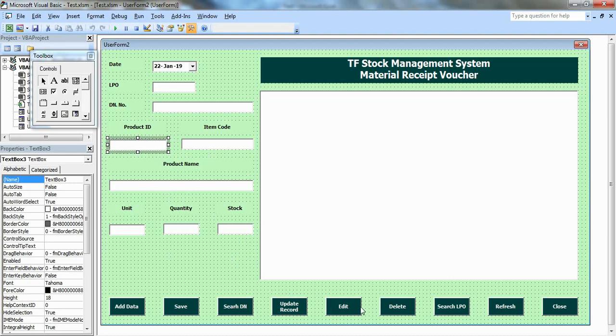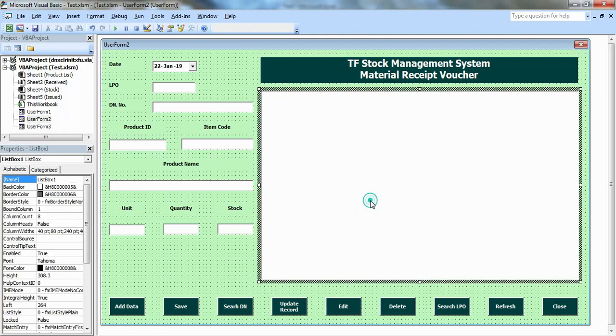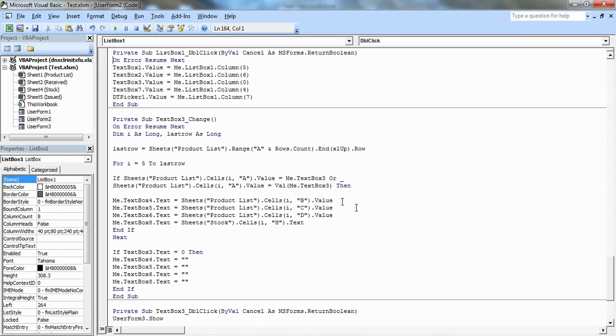So now I will go to this list box again. As you can see, text box 1 is our LPO reference, text box 2 is our delivery note reference, and 3 probably is product ID, and 7 is our quantity, and DT picker 1 is our date. And here accordingly I have mentioned list box 1 dot column, and here are the column references.